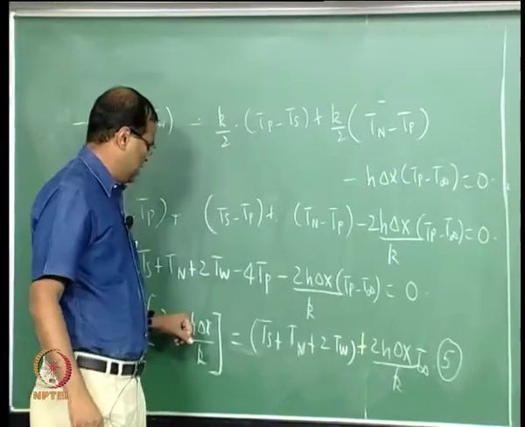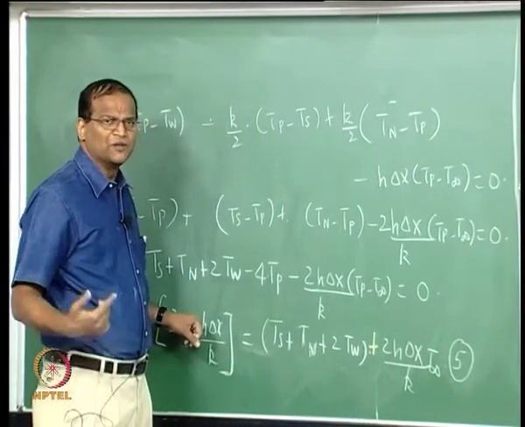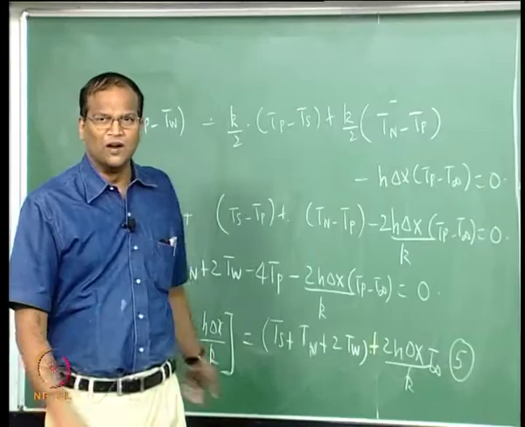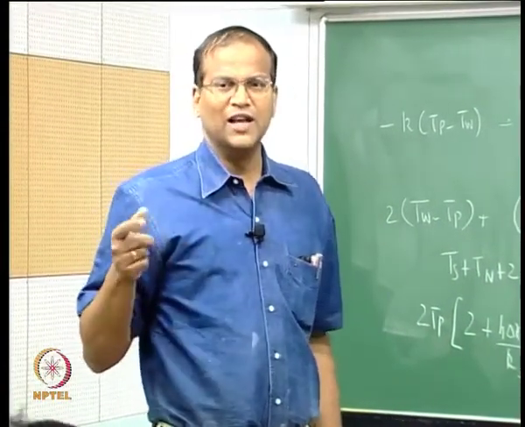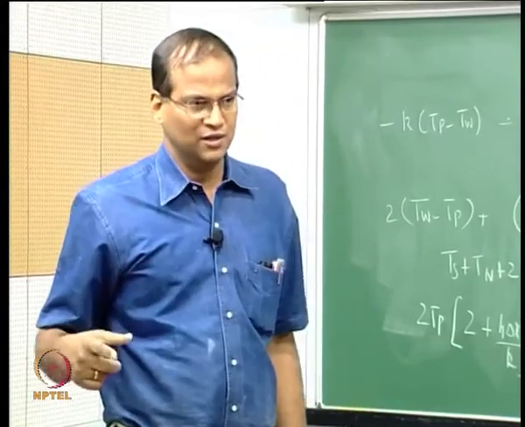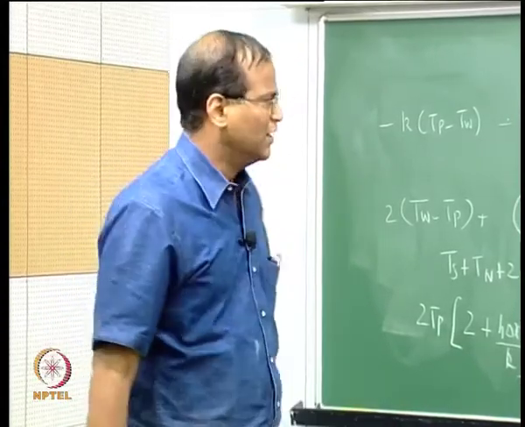So this h could be, instead of h, you can have a radiative heat transfer coefficient, epsilon sigma T to the power of, but it will become a little more involved. Then you have to linearize the radiation, or you have to take the radiation from the previous iteration and use it. That is called the linearization of the radiation.